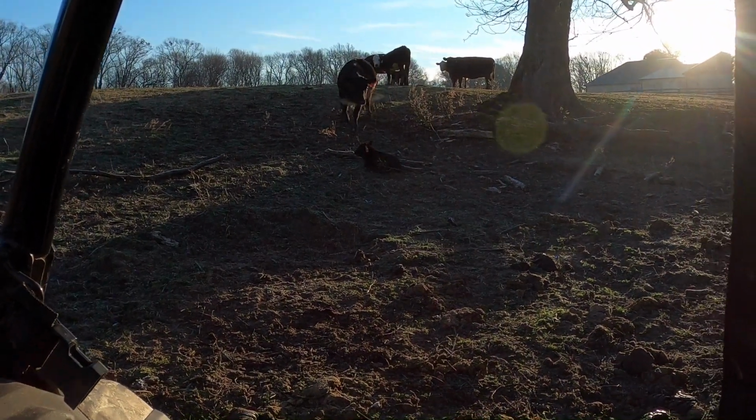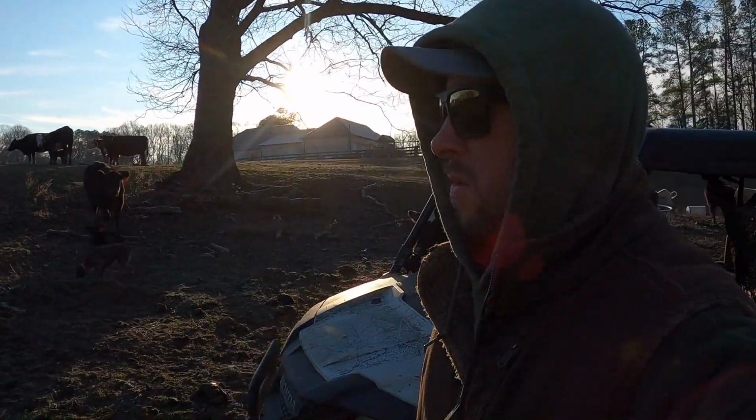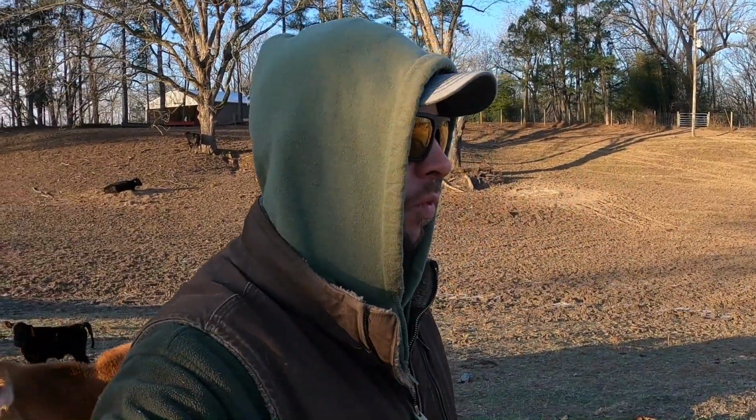So they're laying down with mom coming to check on things. It's the newest calf, number 205, was born 2 days ago. Yeah, same day that we had the stillborn calf out of that heifer, that baby was born. We moved them into the barn for one night because